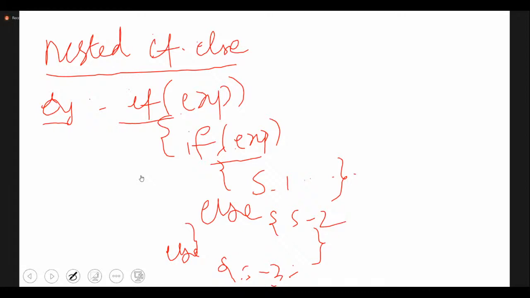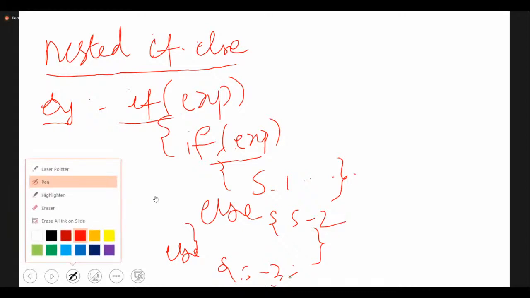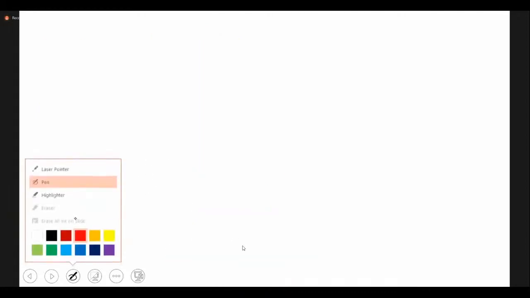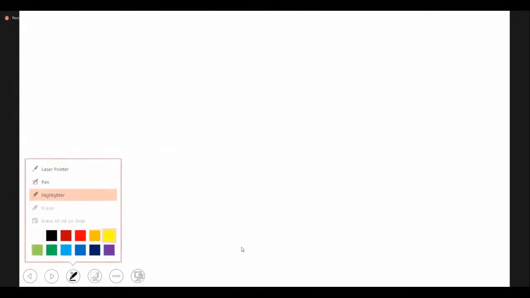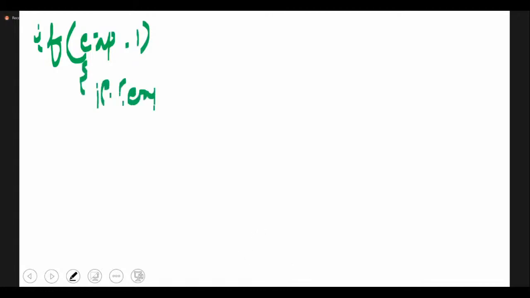I'll write it more clearly. So if exp1, if exp2, and if both are true, you will print statement 1.